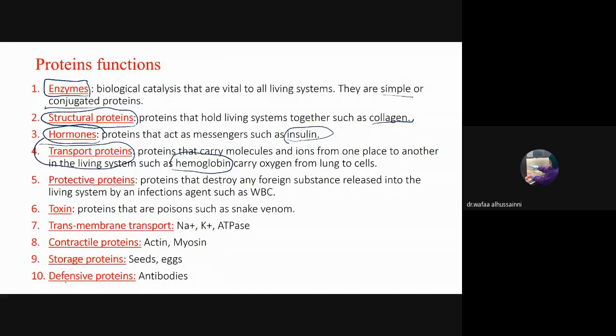Other functions such as protective proteins. Proteins can work as protective against the foreign substances released into our system, and these are included in white blood cells. Also, proteins can be toxins. Toxins شنو يعني؟